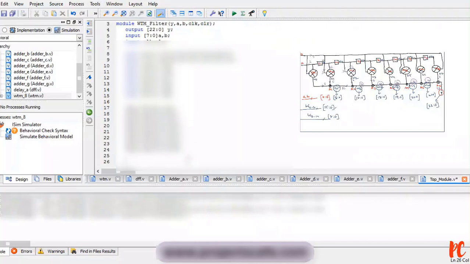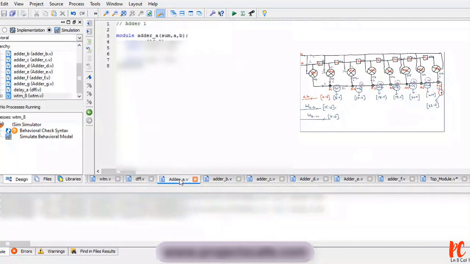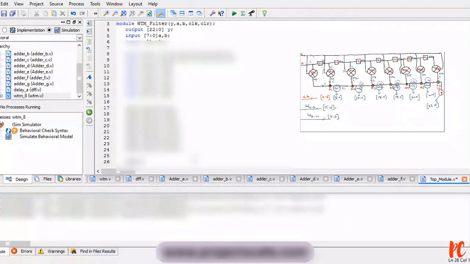Now we need to instantiate adders, right? So adder, what is the module name I have given for an adder? Adder underscore A. Here it is. So adder underscore A followed by A1, for which I need to call with W15, W1, W0. Let me copy it and paste it.